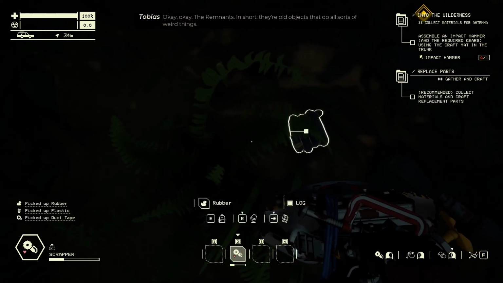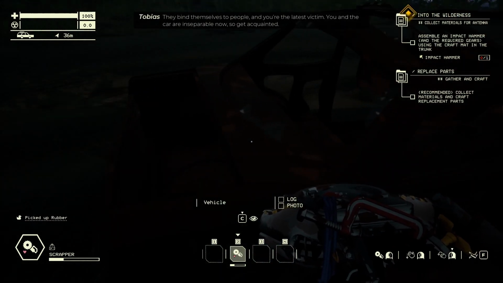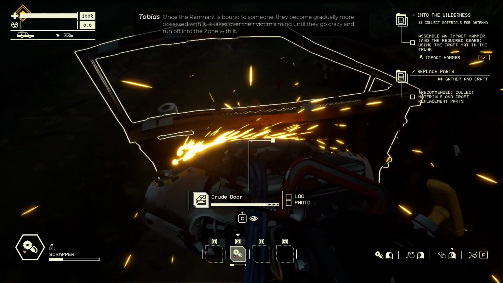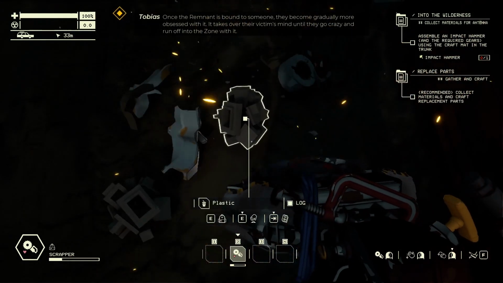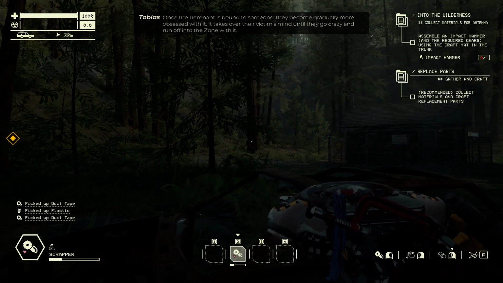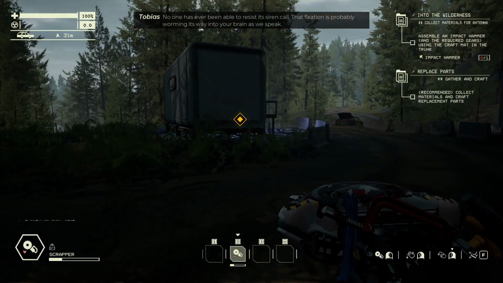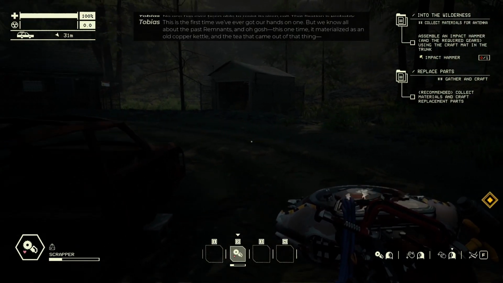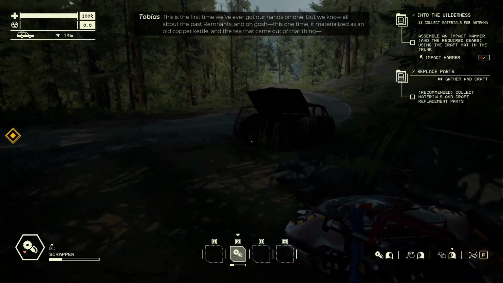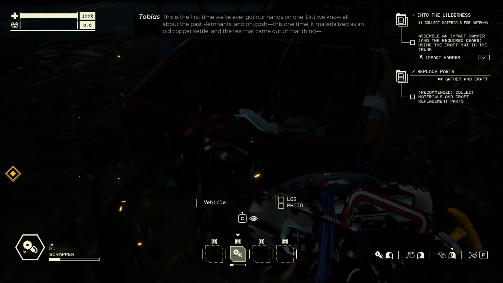The remnants, in short, they're old objects that do all sorts of weird things. They bind themselves to people, and you're the latest victim. You and the car are inseparable now, so get acquainted. Once the remnant is bound to someone, they become gradually more obsessed with it. It takes over the victim's mind, until they go crazy and run off into the zone with it. No one has ever been able to resist its siren call. That fixation is probably worming its way into your brain as we speak. This is the first time we've ever got our hands on one. But we know all about the past remnants, and oh gosh, this one time it materialized as an old copper kettle, and the tea that came out of that thing, it was...